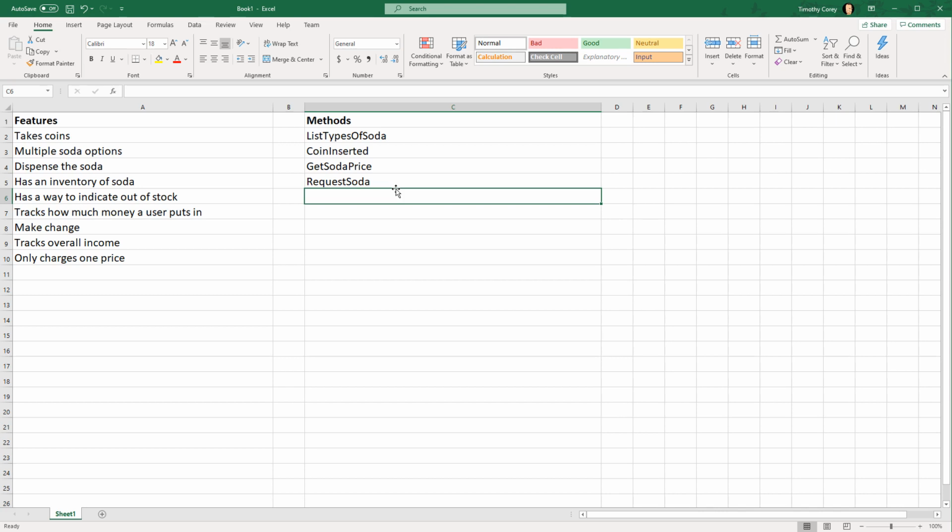Now, one of the things the user might do is they might say, oh, I thought it was 75 cents. It's $1. I don't have $1. What do I do? And so they might ask for a refund, where they push the button that says, give me my coins back. And so issue refund